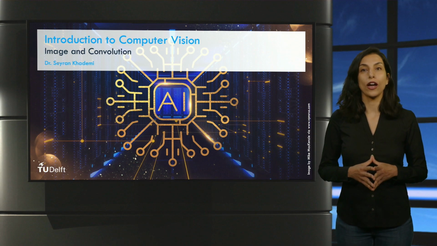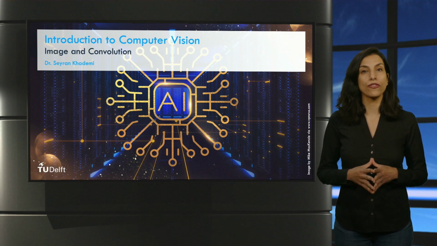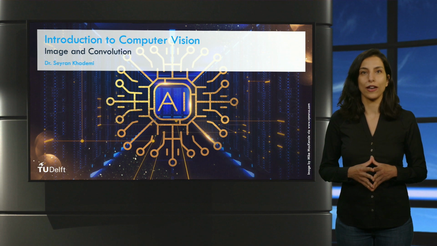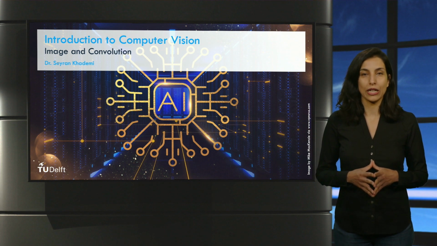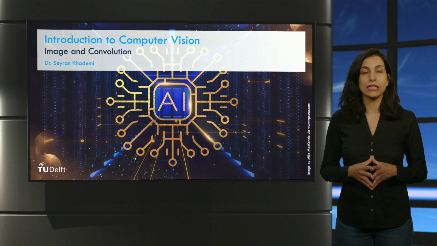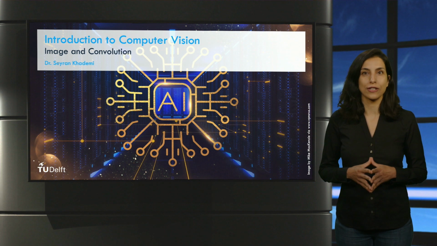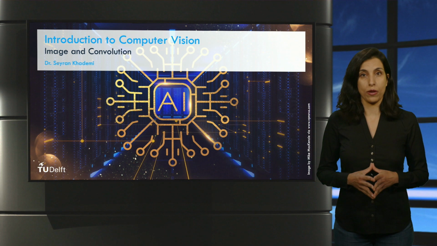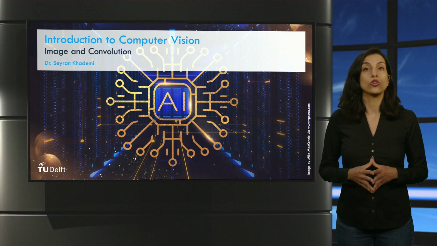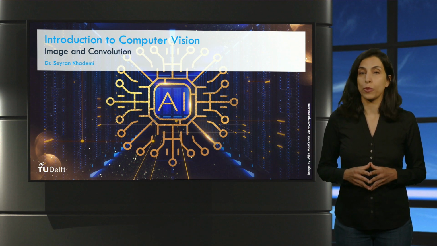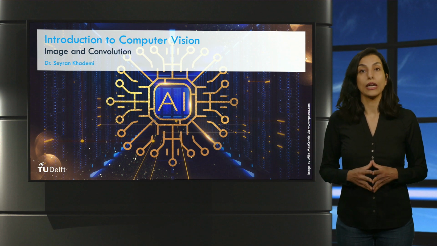In this video, I introduce computer vision as one of the fast-growing disciplines in artificial intelligence. Computer vision is the eye of AI. The goal of computer vision is to develop machines that can see and interpret the visual data as we humans do effortlessly. After watching this video, you will be able to describe how a digital image is represented in a computer and explain how image processing is used to extract visual features from an image.